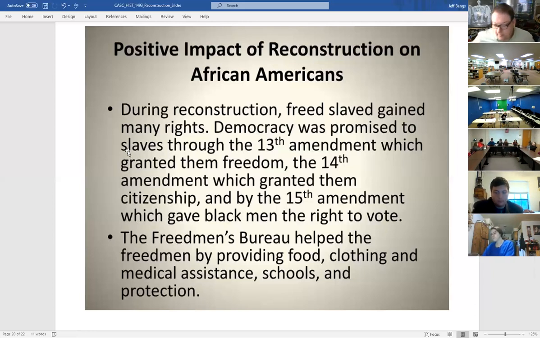And this is important because during the Reconstruction period, during the time of President Johnson and the beginning of President Grant, you had these groups in the South rise up. And these were radical groups that resisted Reconstruction, and they resented the Republicans from the North. And so these groups formed, and they had names like the White Knights of Camellia and the Ku Klux Klan, which was formed in 1866.